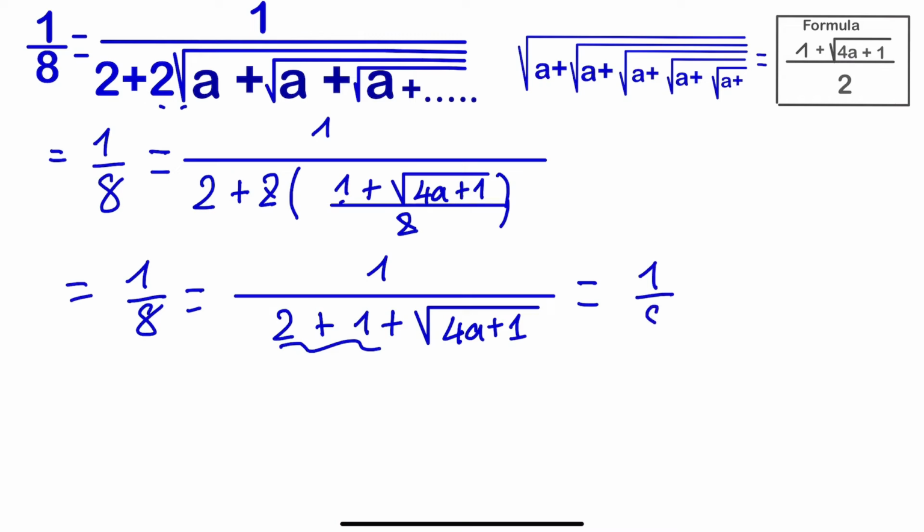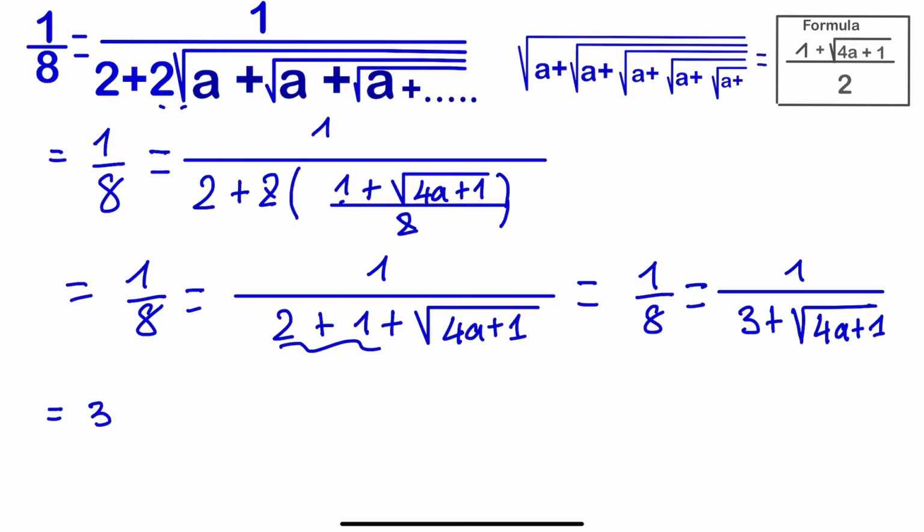So this can be written as 1 over 8 should be equal to 1 over 3 plus the square root of 4a plus 1. What we need to do next is to cross multiply, because we have a fraction. 1 will remain the same, and 1 times a. So we'll be left with